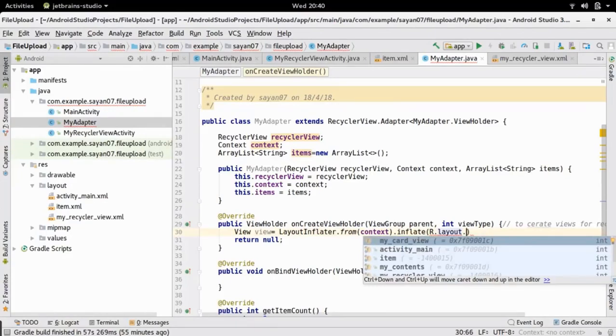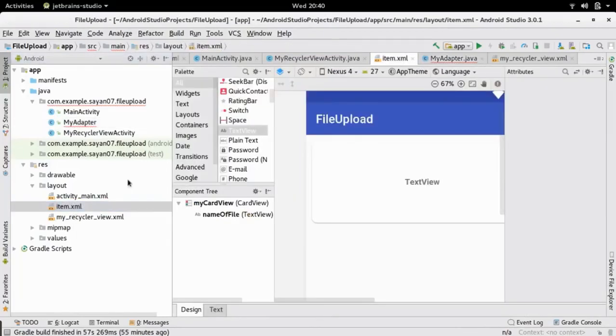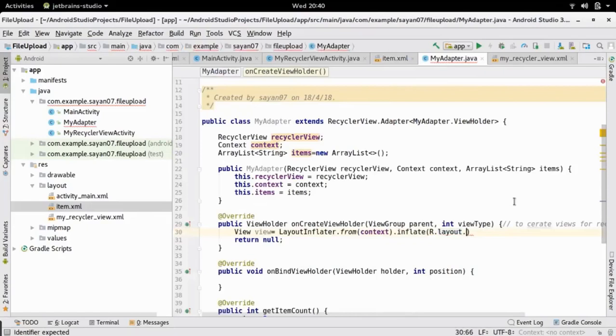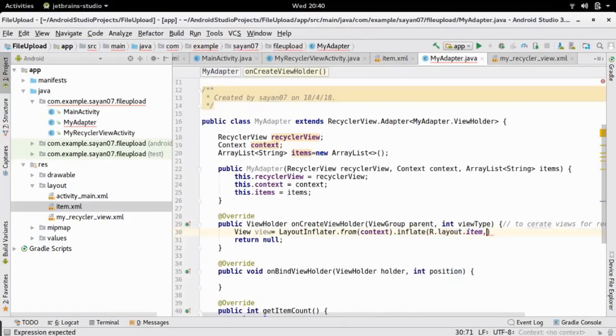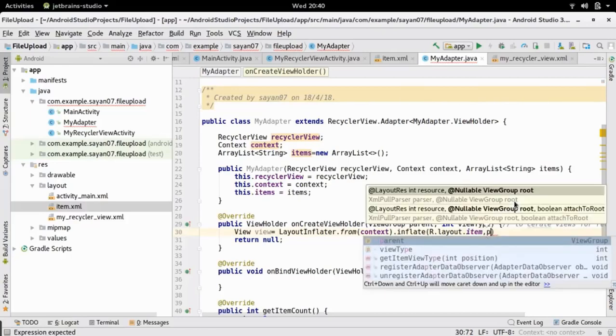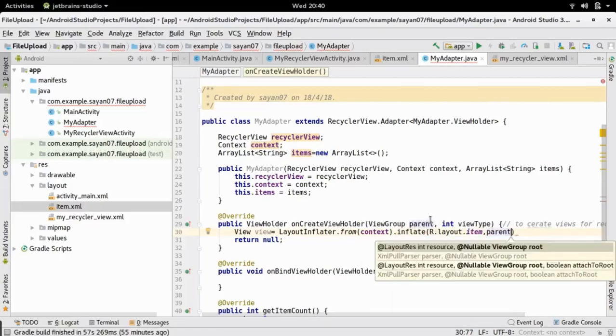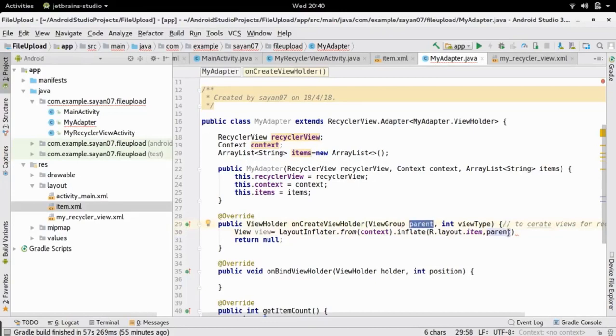Okay, so our individual items XML was this item XML. So we're going to pass this item XML as the first parameter. So it is item. The second parameter will be the parent. So just pass this parent object as the second parameter.